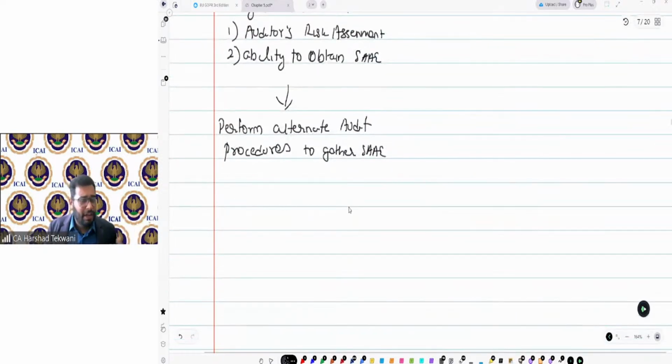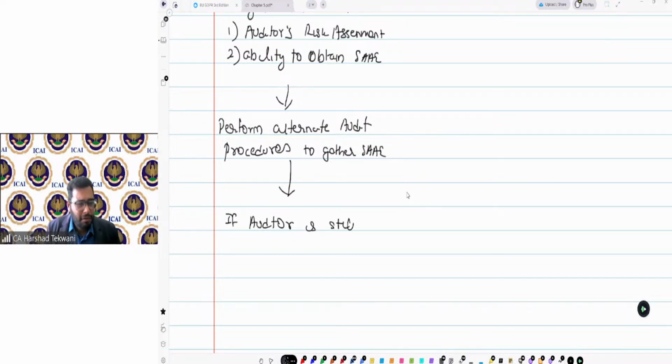And even after I consider the implication and perform the alternate procedure, if the auditor is still unable to get sufficient and appropriate audit evidence, then